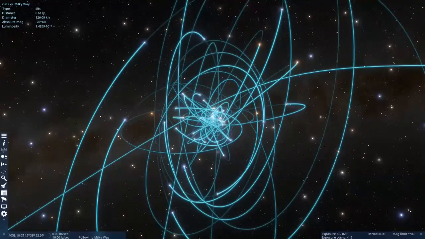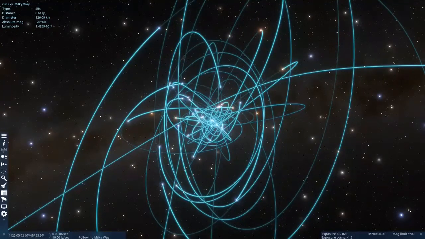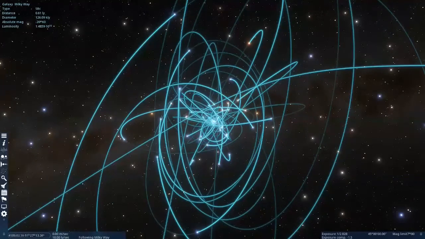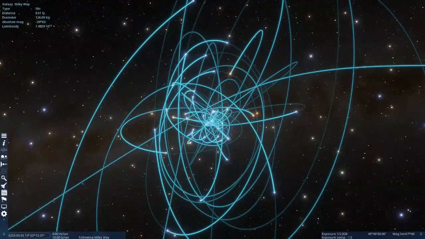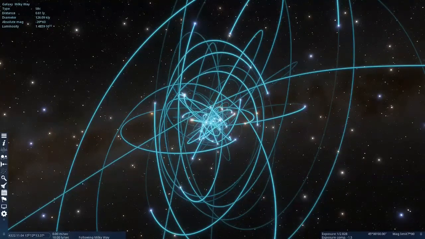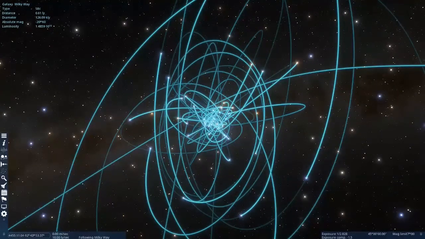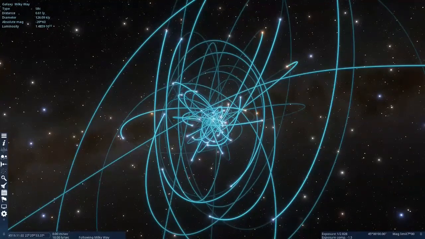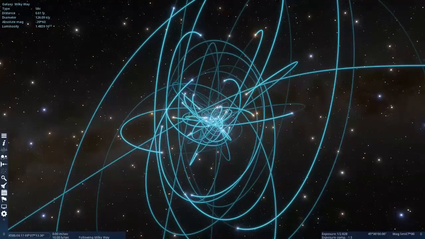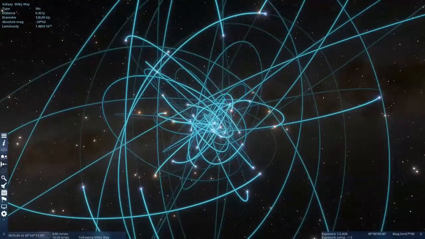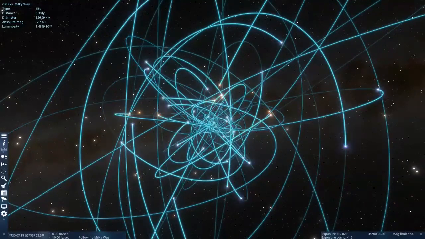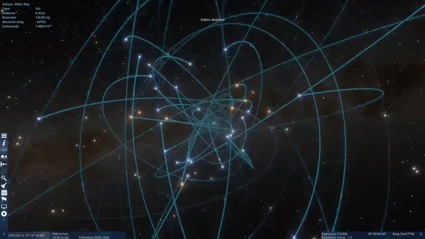So we actually have pretty good data about all these stars thanks to the studies they've done on it. So I don't know if he has the realistic data in here or not. You'd have to compare or read his blog or something to find out. It kind of looks similar to the realistic data, but I think it's a pretty neat effect anyway. It sort of reminds me of something else I did by accident.